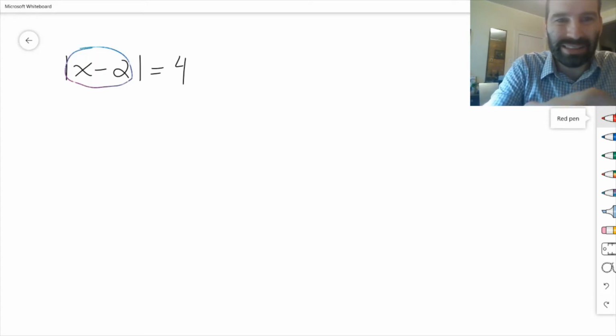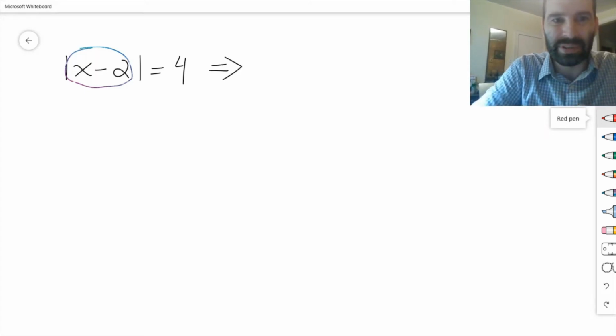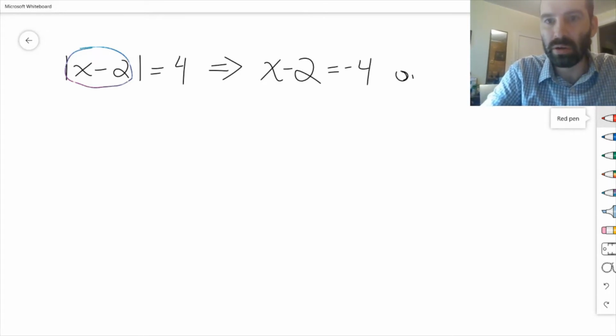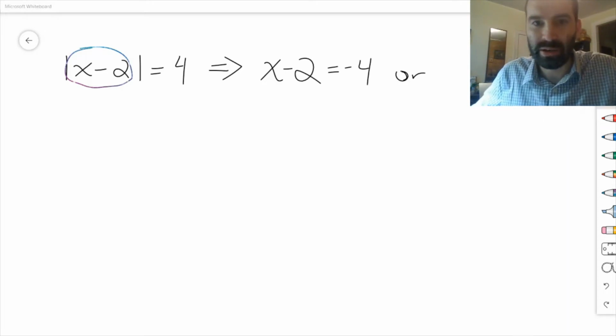So I'll just use that same statement. So we know that x minus 2, which is taking the place of x as we had it before, is equal to -4, or,